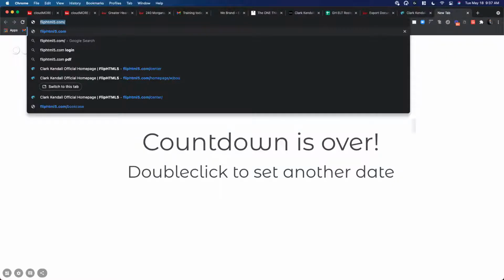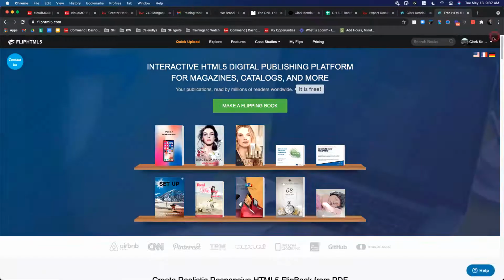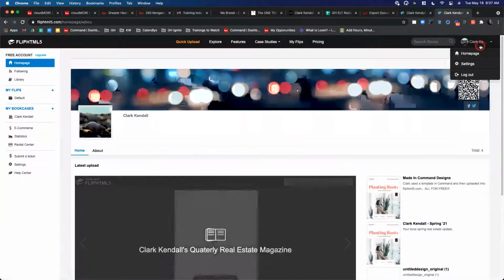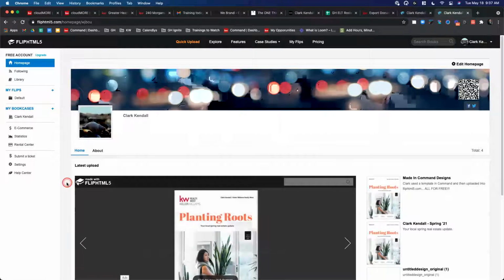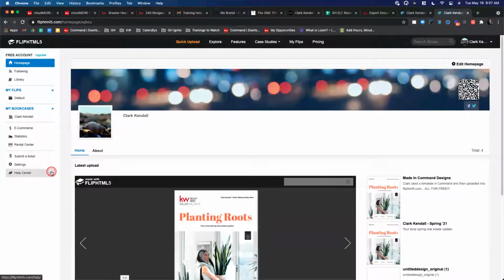But if you go to fliphtml5 and register, you see I'm already logged in here. You want to get to your home page here. I think you get a total of 20 gigabytes of storage, which is quite a bit for some PDFs. So how large was that one size? I don't know how long it was. But that's quite a bit of storage for free that you can begin to digitize.